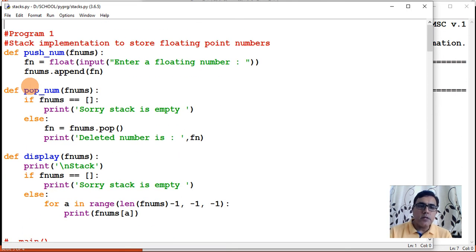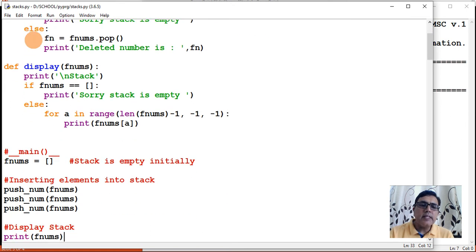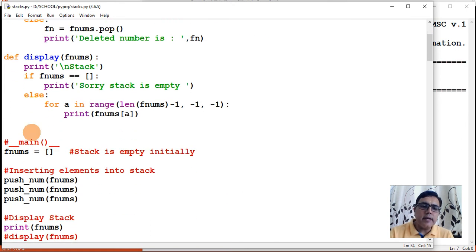There are two internal comments, and comments are not executed. Then there are three function definitions. Then again this main is a comment. I have written it here just to ensure that while reading you will come to know that this is the main area.